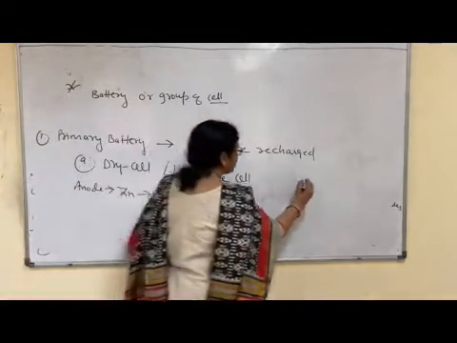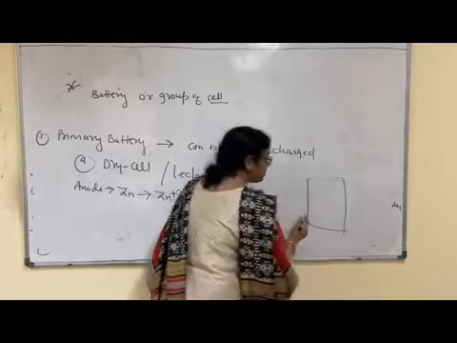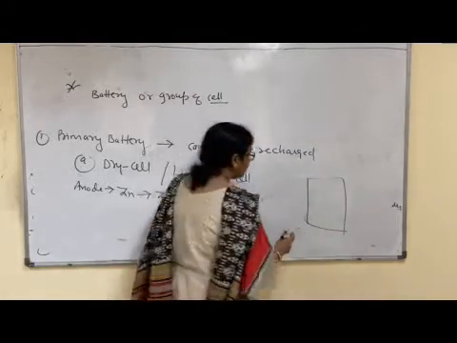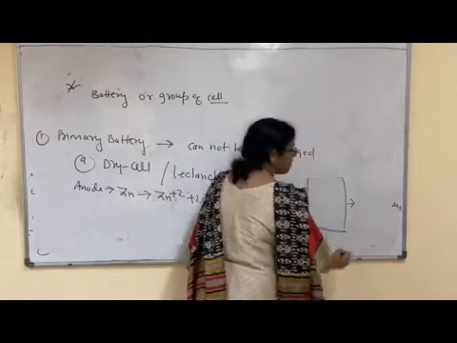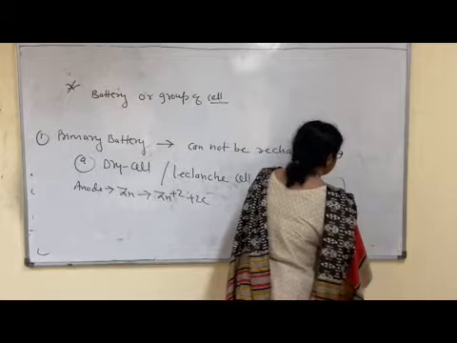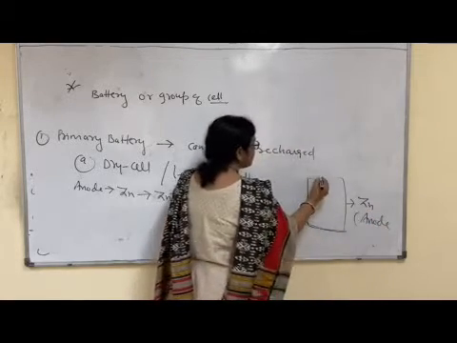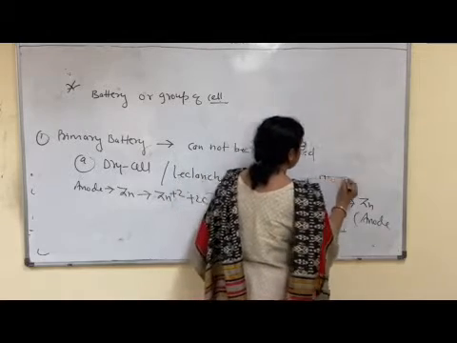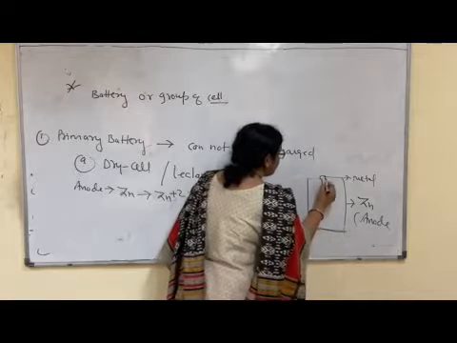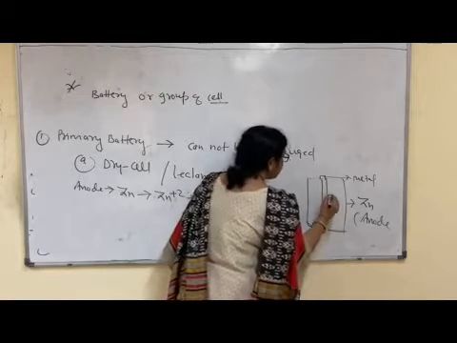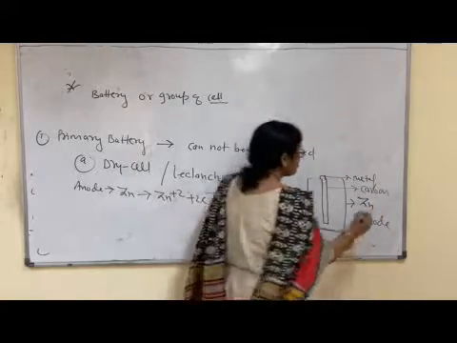This is the internal structure of the dry cell. Dry cell means the electrolyte is present in the form of paste, dry powder. So this is known as a dry cell. This vessel's outer body is made of zinc metal, which acts as the anode. This is a cap, which is also made of metal, and this is the cathode. The cathode is made of carbon. This is the carbon rod, which acts as the cathode.